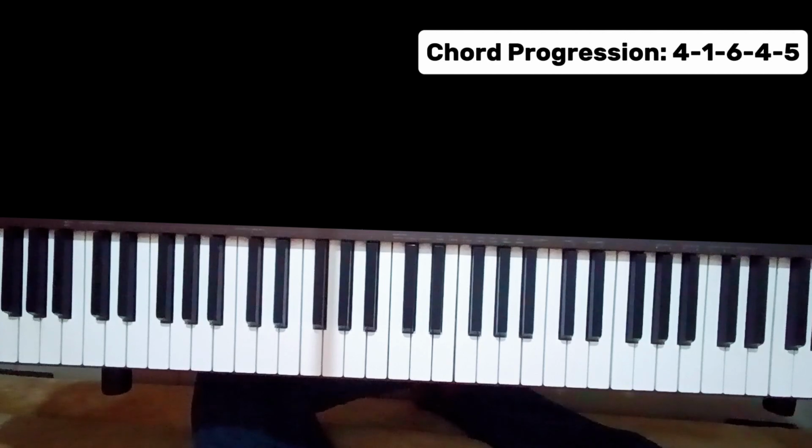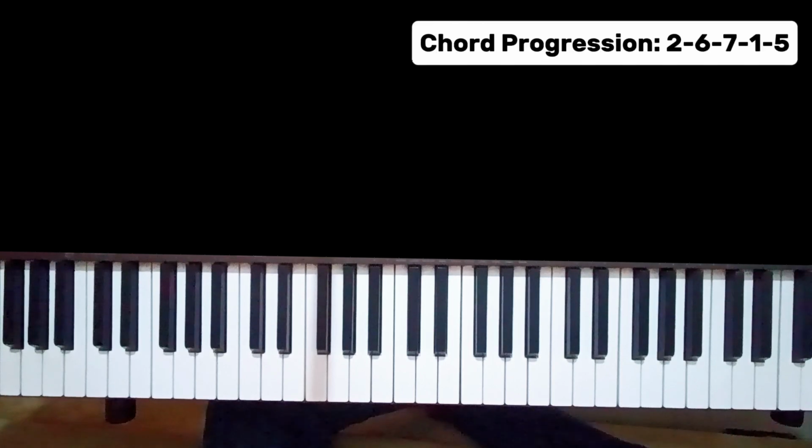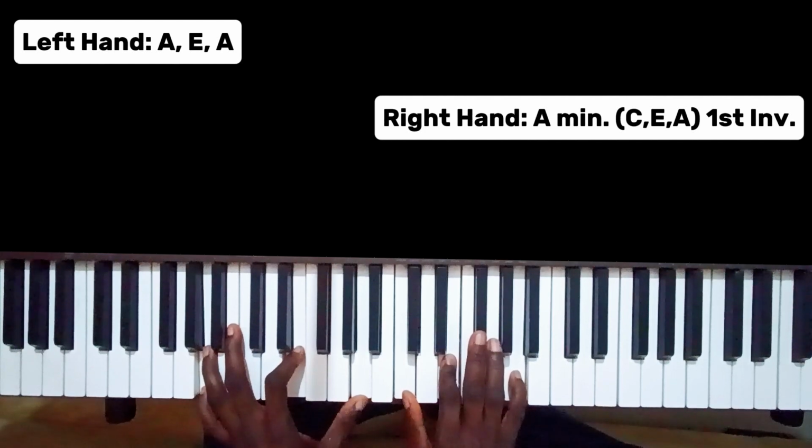You go from your 4 to your 1, then you play your 6 4 5. Alright, let's look at the breakdown of the next part of the verse. You obsess my mind. Okay, that's your 2. For your 2, your right hand you have your first inversion for your re fa la. Then for your left hand you have your